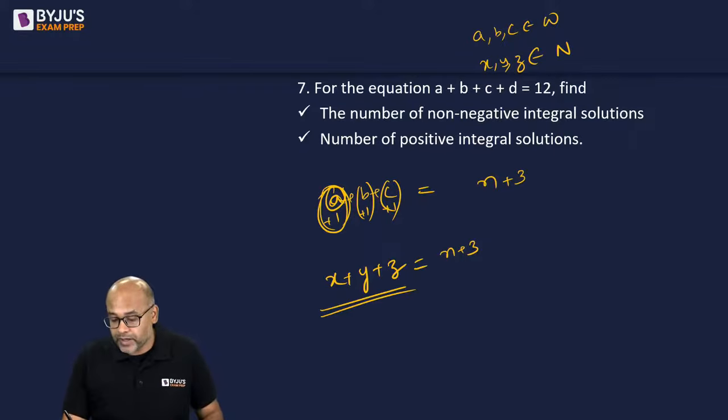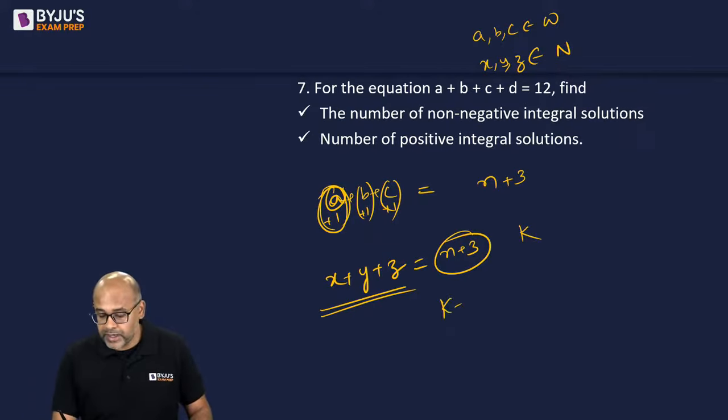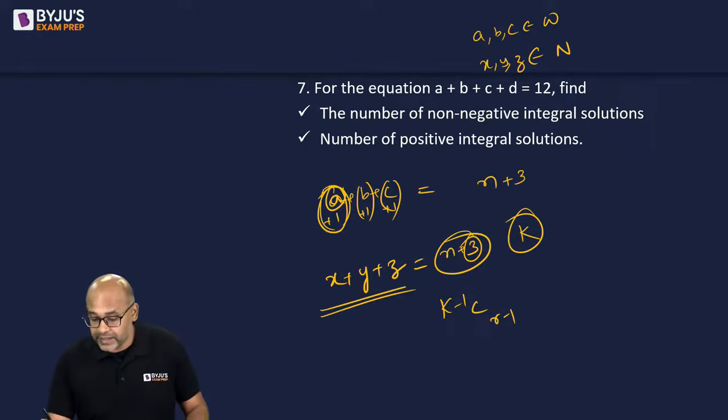Now I can apply the formula. This is my new n, let's call it k. So my formula now becomes k minus 1 c r minus 1. But what is k? k is actually n plus 3. So basically it is n plus r minus 1 c r minus 1, because the 3 came because of 3